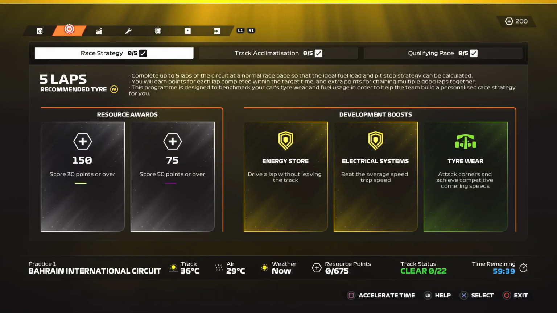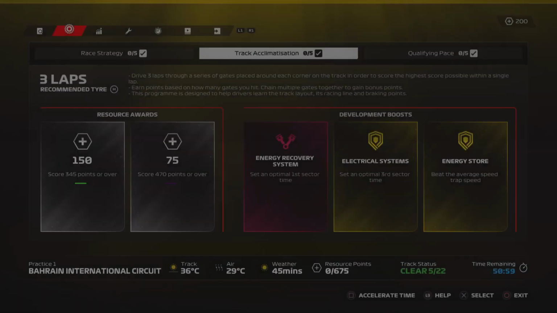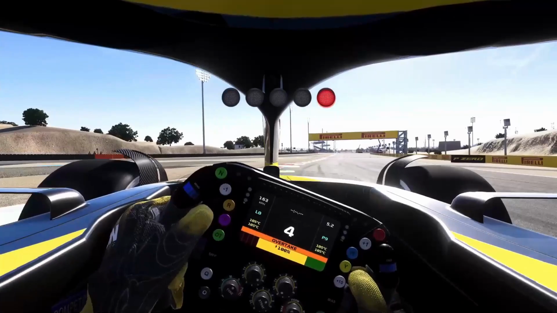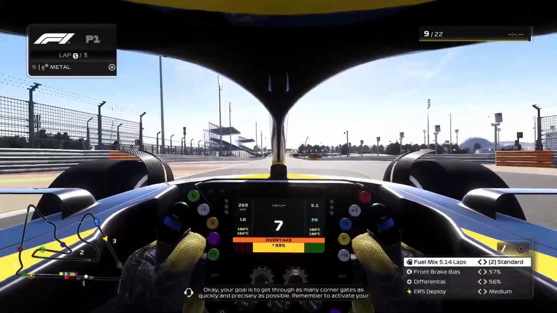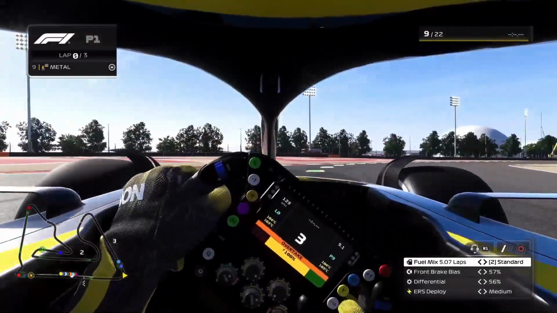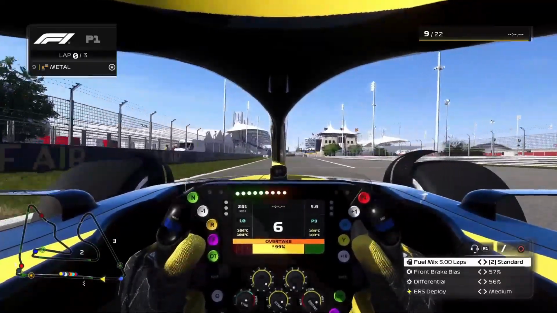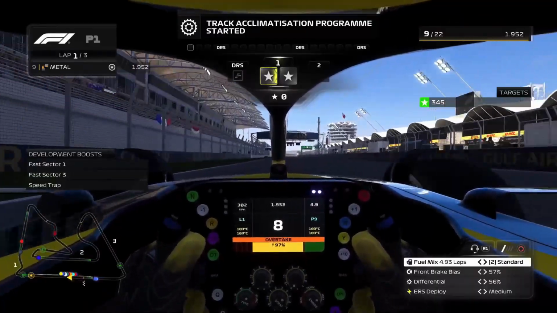But now, scanning through the programs, we want to do track acclimatization first. We want to get used to the track. This is just going to help us determine what are our braking points, where to start. As you can see, for the most part, a lot of the time we do cockpit view. This is just, for me, I find this very immersive, and it's very nice. And now going on to